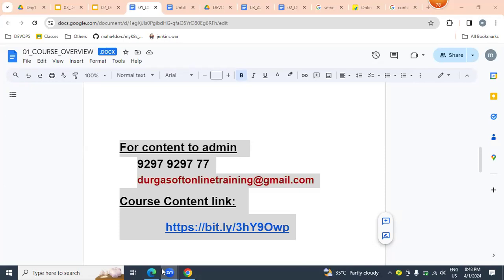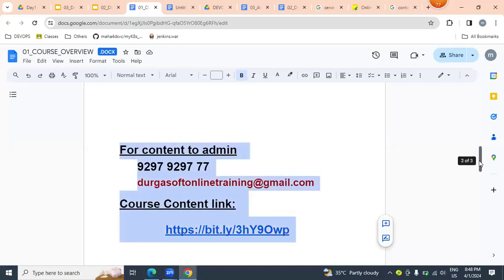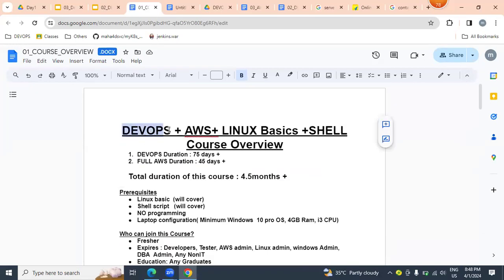Yeah, anybody can join. Freshers can join, or experienced students can join. After completion of this course, you can manage up to 3 to 4 years of experience. Ashutosh, this will be two courses. If you see this course content, you can observe that complete DevOps will be there and complete AWS administration. Both courses will be covered within 5 months, 5 months plus.